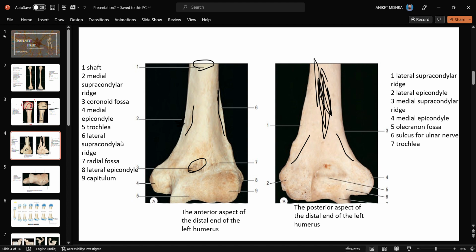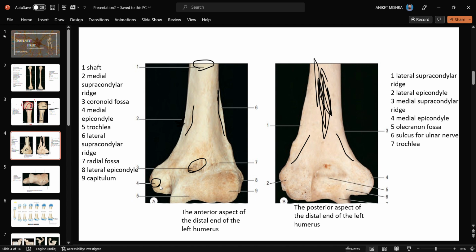There is another structure that is the medial epicondyle. When we talk about the medial epicondyle, this is the structure. It is a prominent bony projection on the medial side of the lower end. It is subcutaneous, which means that we can feel it underneath the skin, and we can feel it on the medial side of the